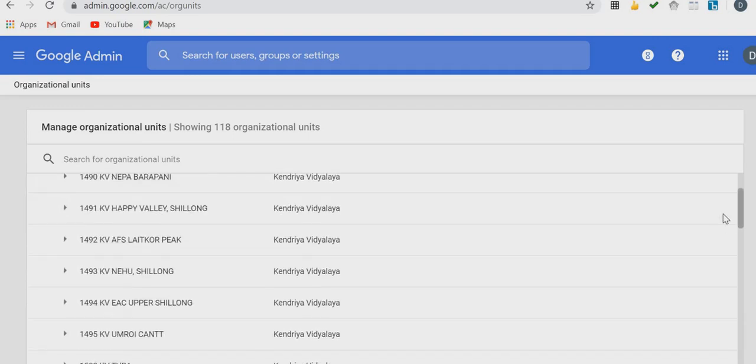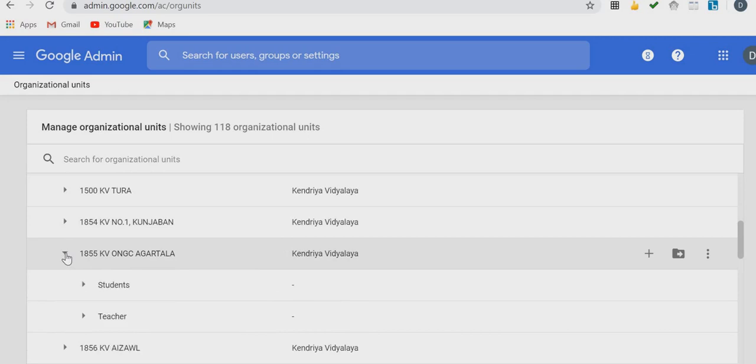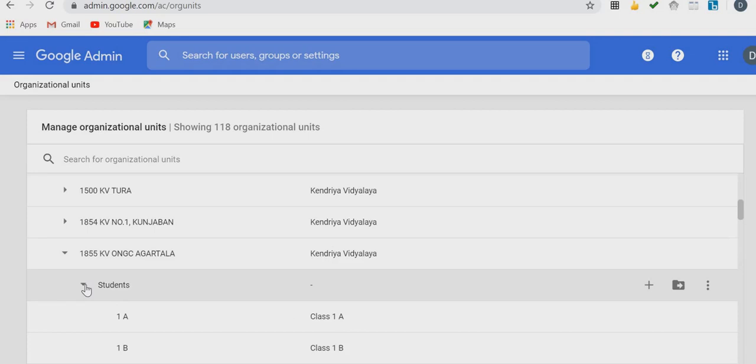Then I will be working on a particular school, that is KV ONGC Agartala. I will just click on this arrow button again and I will get the organizational units of ONGC Agartala. We have made two organizational units in this, students and teachers. Under students it will again be bifurcated into 1A, 1B, like this.